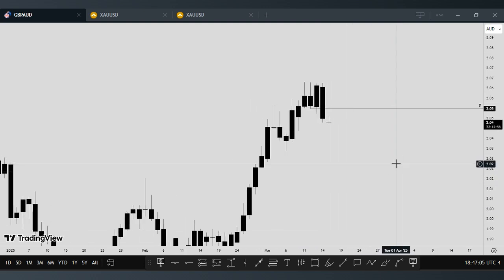For GBP AUD here, you can see that price has been steadily bullish up to these points here, where we started losing momentum. We lost momentum right here and had a correction, almost like a bull flag, and then we have the continuation. Now you can see we're having a lot of exhaustion. Price was exhausted here. You can see bearish closure, bullish closure, exhaustion, bearish closure, bullish move here,